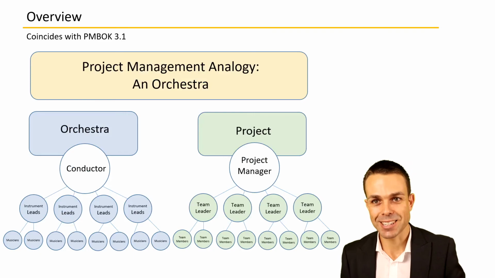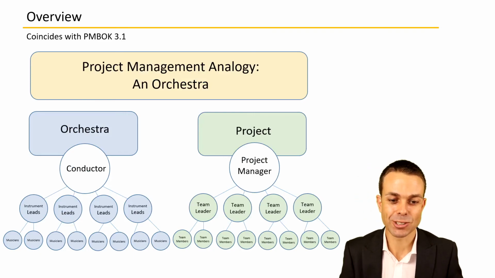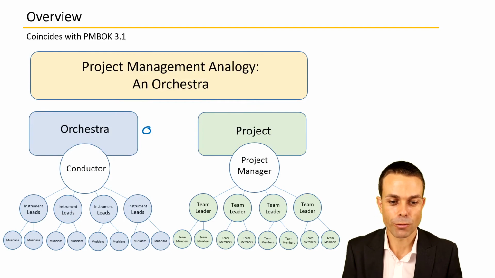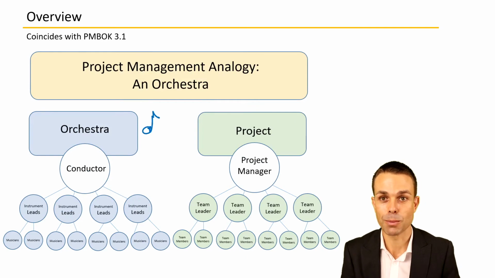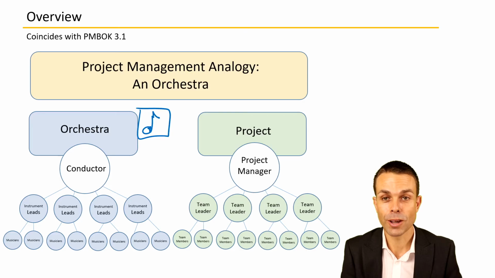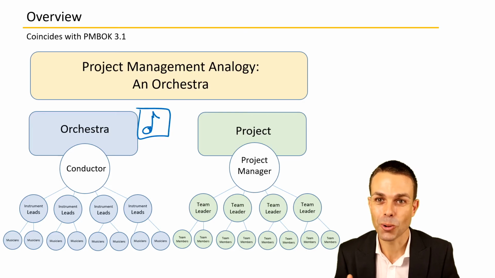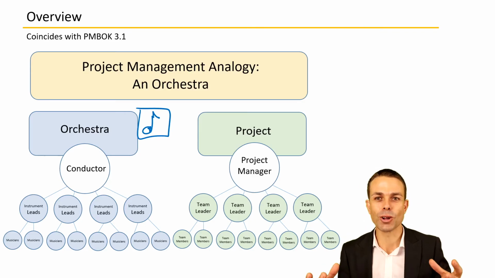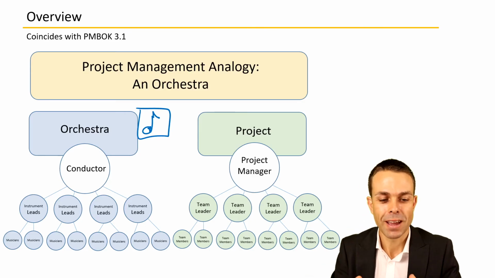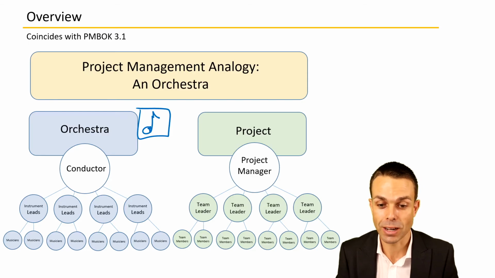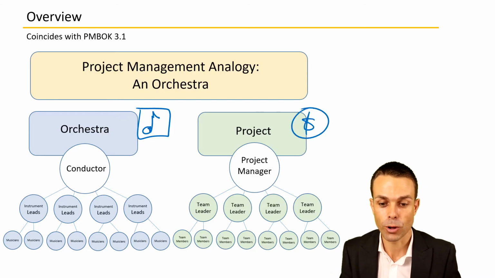Now, there's a great analogy that the PMBOK guide gives us, and that is to an orchestra. In an orchestra, your overall objective is to play a beautiful piece of music or a beautiful song. And it's the same with a project. In fact, through that song, you're delivering value to your audience and to your customers. You're helping change their mood. You're making them melancholy or making them excited or happy, whatever that actually is, through your music. And likewise, you're delivering business value through a project.